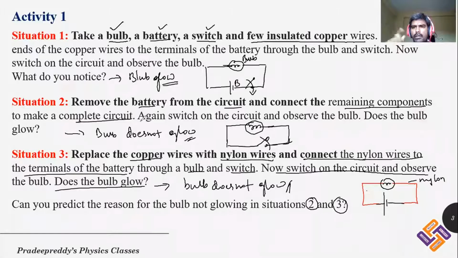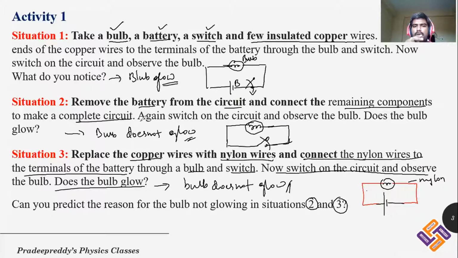So from situation 2, what do you learn? In order to work any electrical circuit, there should definitely be some energy source. Generally, a battery is the energy source in electrical circuits. A battery stores energy in the form of chemical energy. When you connect it through a wire with some electrical consumers, that electrical energy gets transferred to all those components. So chemical energy is converted into electrical energy by that battery. That is what happens in situation 2, as the energy source is absent there. You do not have any energy source, so the bulb does not glow.